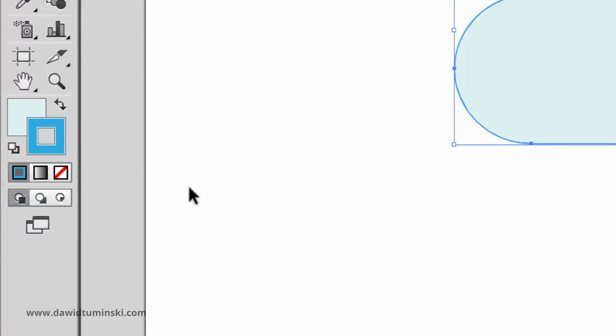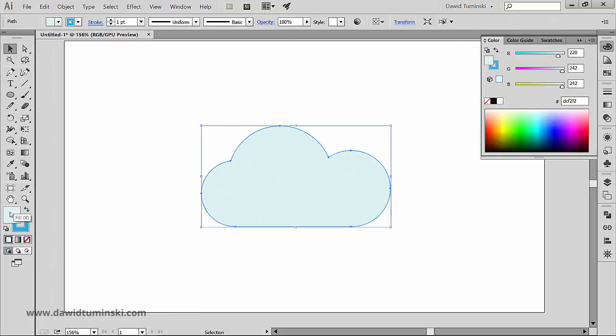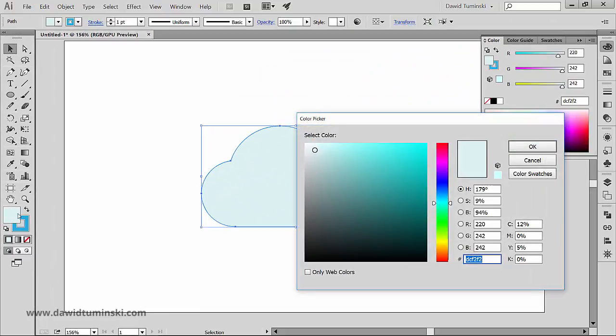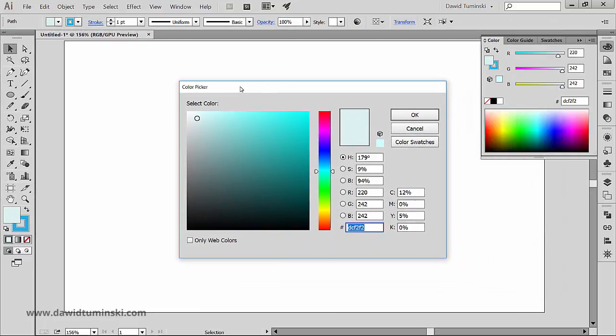The current Fill and Stroke colors are displayed down here in the Tools panel. The filled square represents the active fill color, and the square with a hole inside represents the active stroke color. Changing the fill or stroke colors is really intuitive. All we need to do is to double-click on a fill or stroke square and choose the color from this